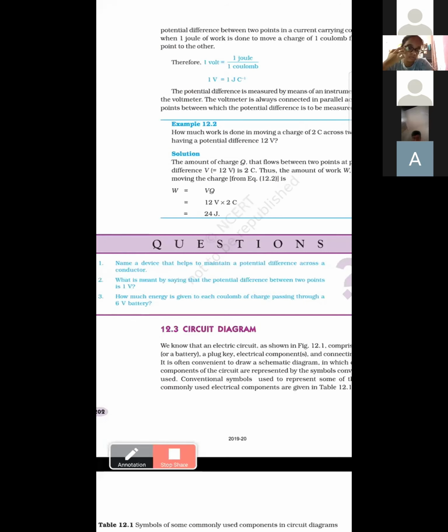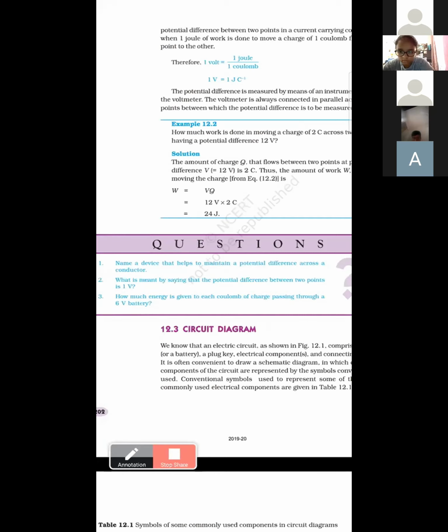There is a difference. Resistor? That's a battery, or a cell. It is a cell or a battery. Voltmeter is used to measure the potential difference. What maintains it is the battery only. Yes, battery or a source.